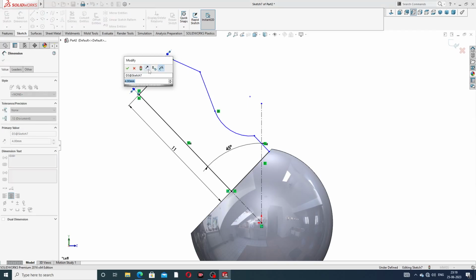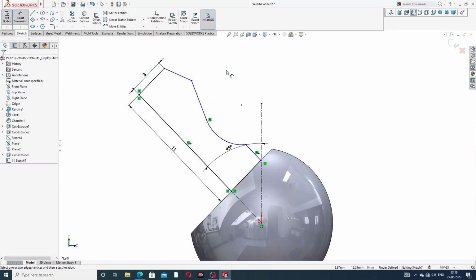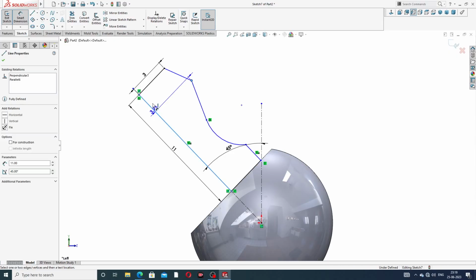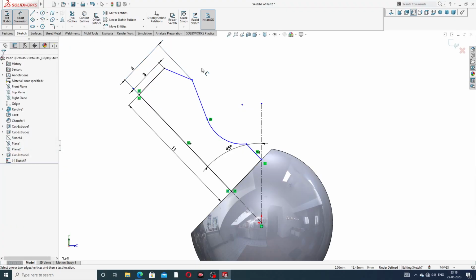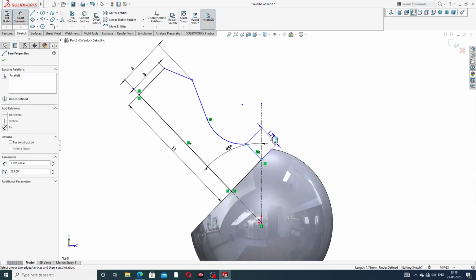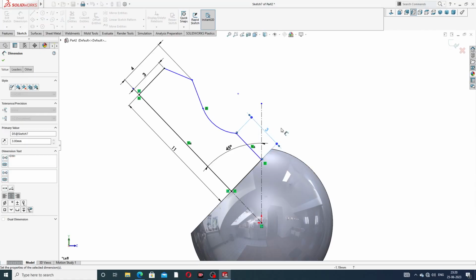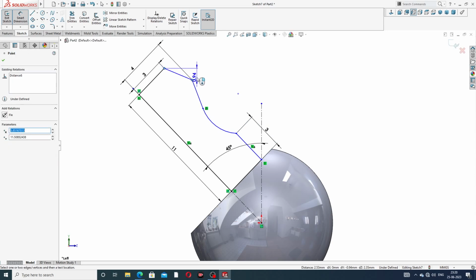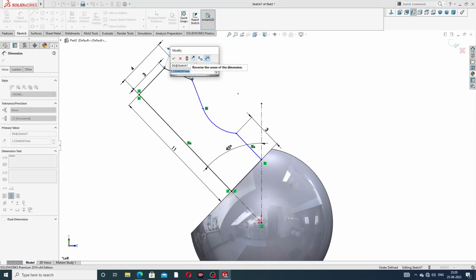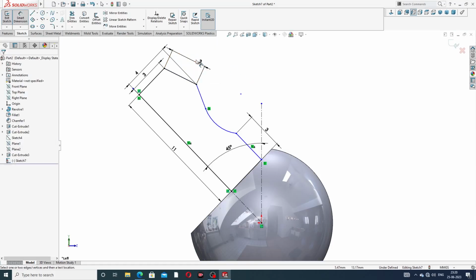Okay, this is a 3, and select this line to this, it is 4 millimeter. Okay, and again select this line, it is 3 millimeter, and again select this line to this, 3 millimeter. Okay,